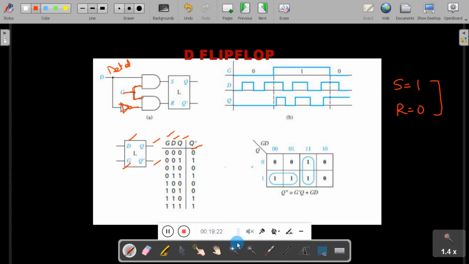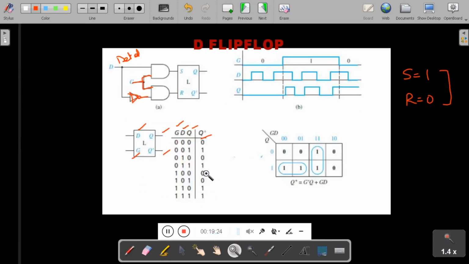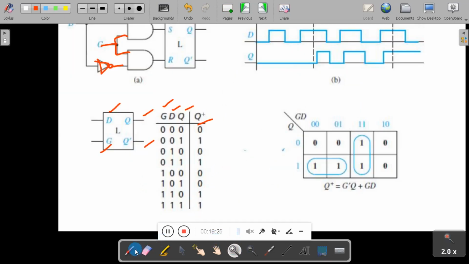Now you can see here, let me zoom it. When gate signal is 0, as I said in the SR, the same rule is applicable here also. You will get output same as last state.